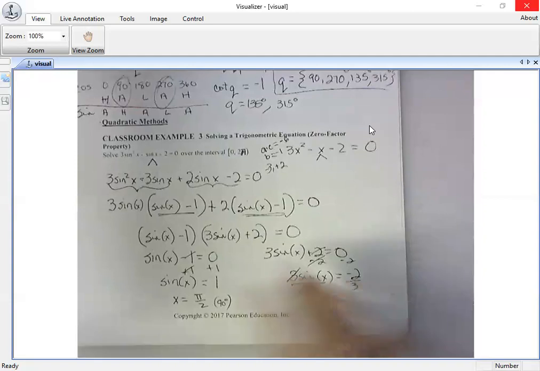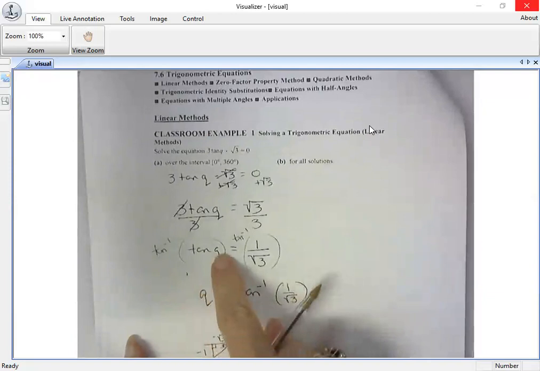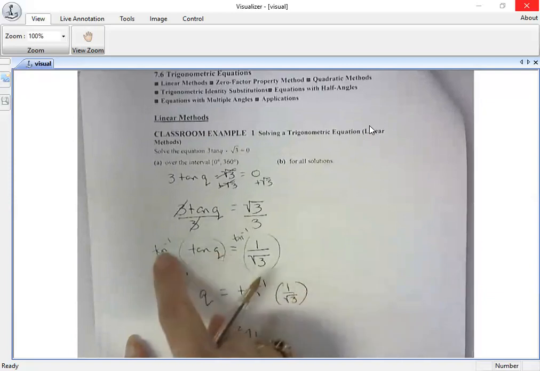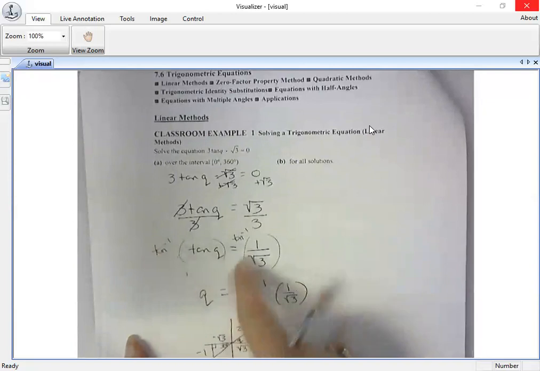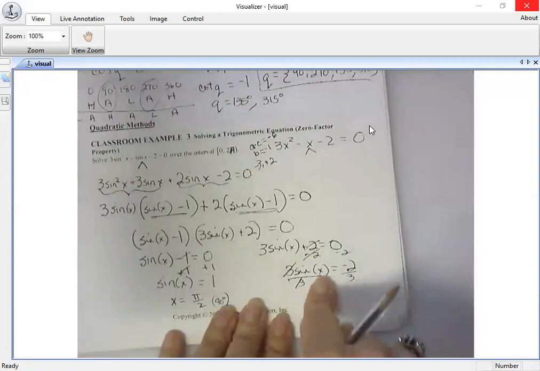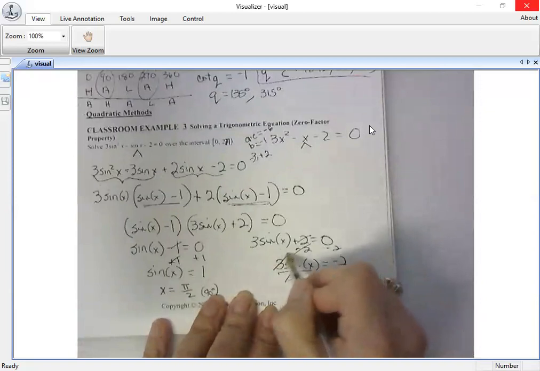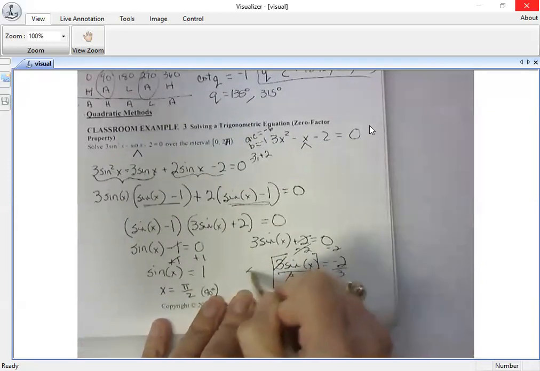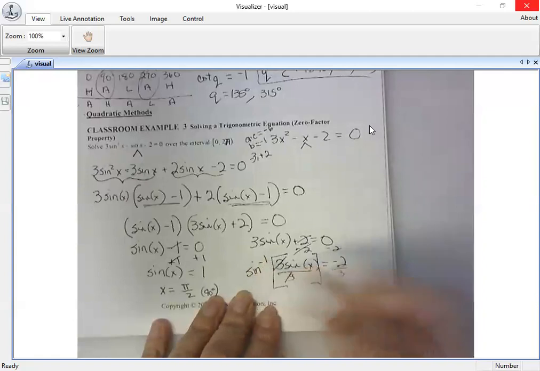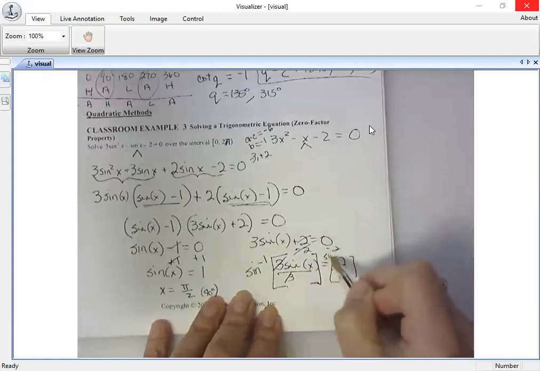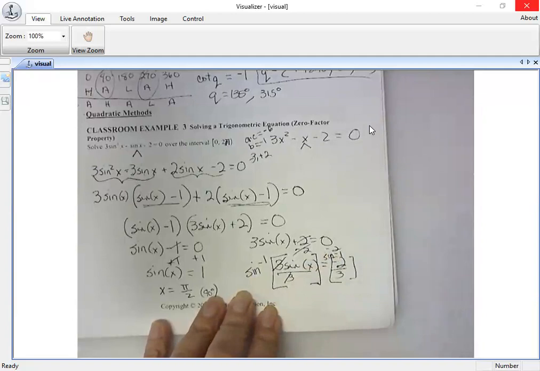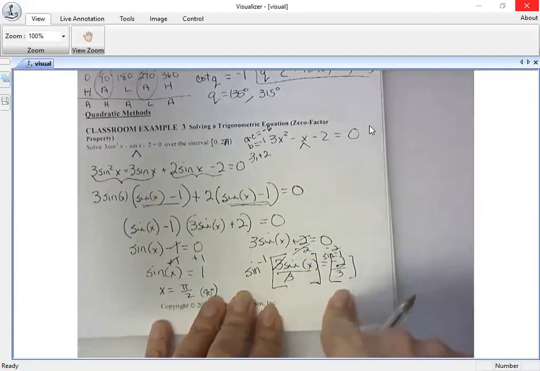This is where we're going to need to do basically what I showed you here. In order to get the angle measure, I want to take the arc of that angle measure on both sides because I want to find out what X is. So what I'm going to do is find the arc sine of the sine of X on this side. And if I take the arc sine on this side, I've got to take the arc sine on this side. Does that make sense? Because all I can do is go to the calculator and get an approximation for angle